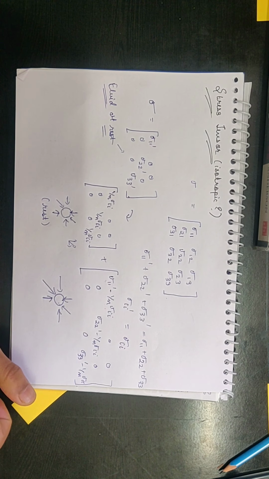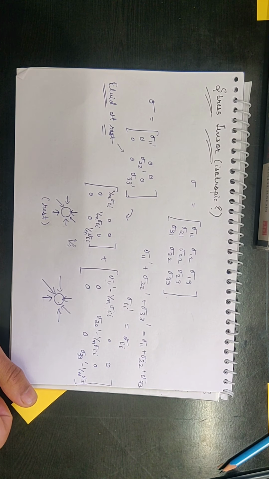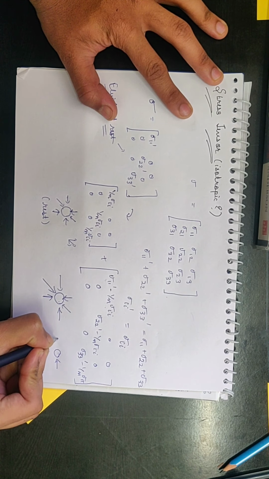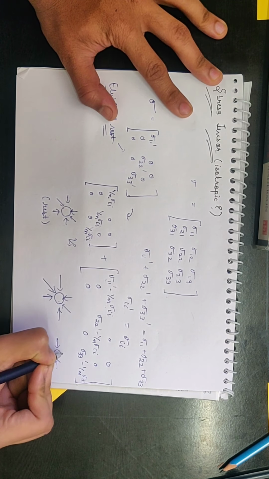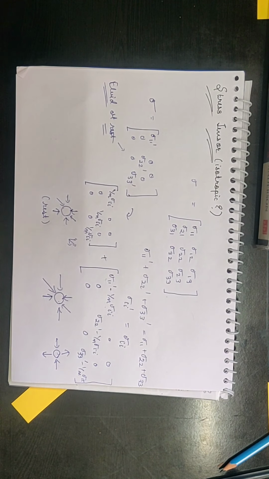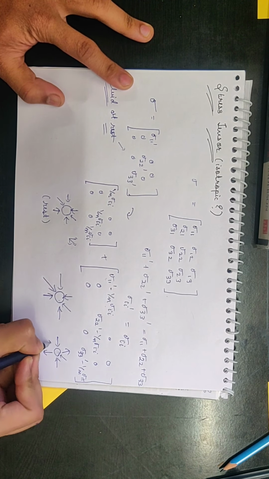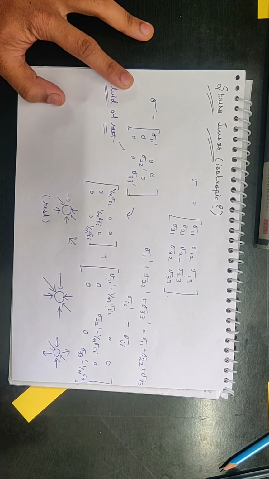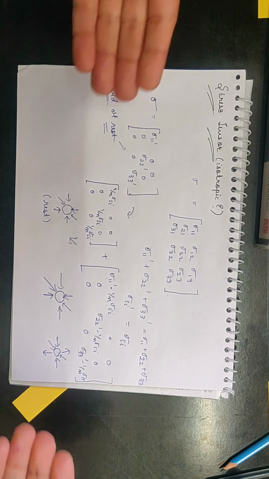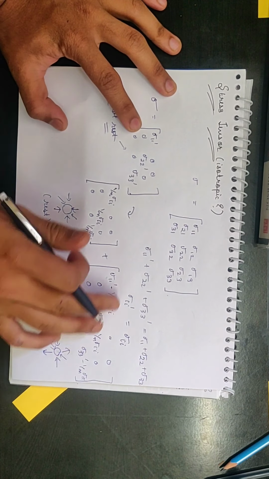So at least one of the normal stresses has to be in the opposite direction. What do I mean by opposite? If two stresses are contracting in nature, one stress would try to pull the fluid element apart. This is a simplified version of a 2D case. In the 3D case, I can assume it to be this. So in the x direction and z direction, there are normal stresses acting on the fluid particle such that they are trying to contract it, and this one is trying to expand it.